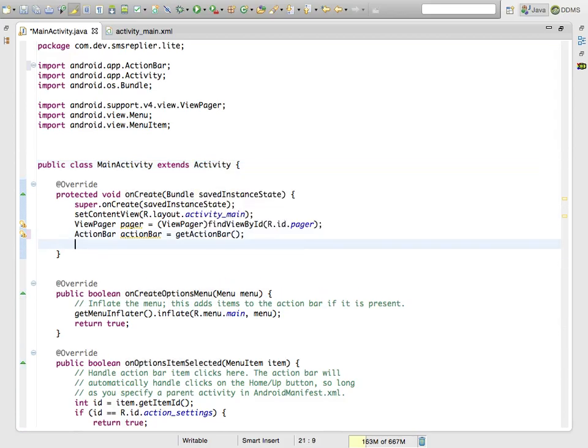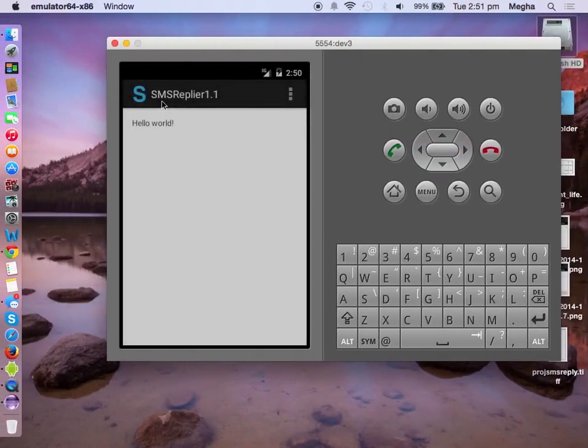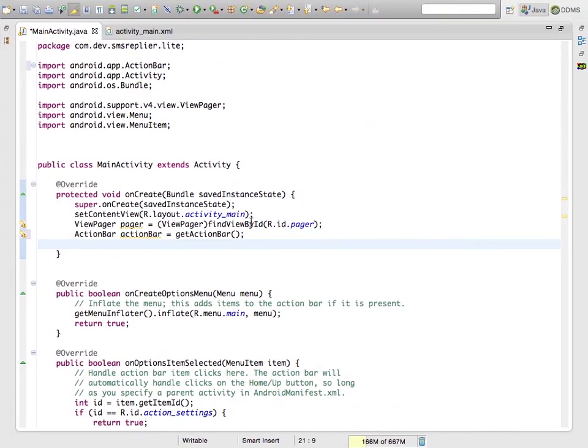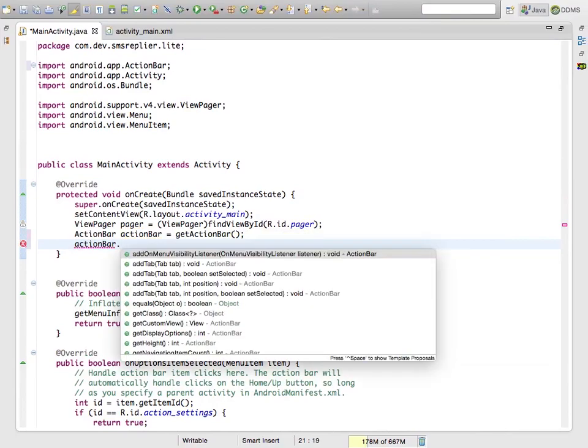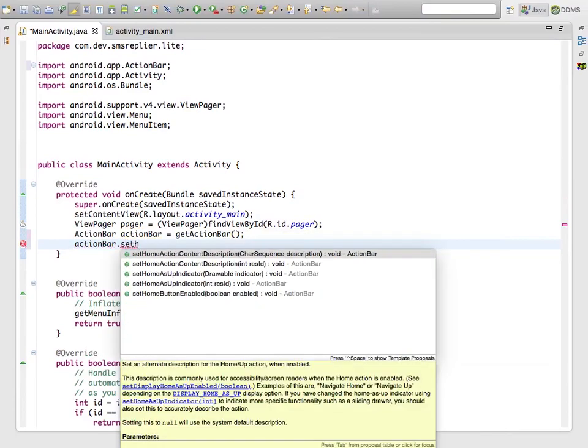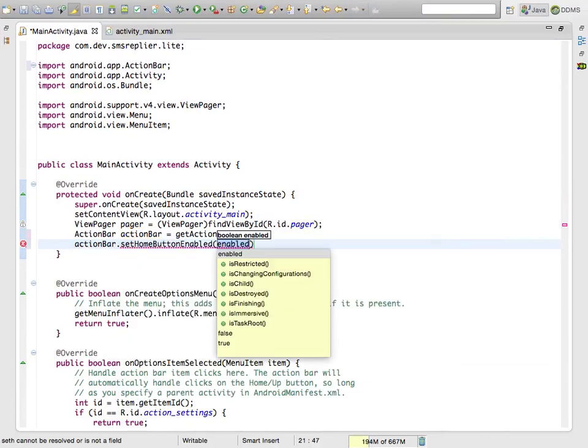So the action bar, let me see, it's already there. A title is already present for you. This particular part of the action bar is considered the home, where your logo and application name are displayed. Depending on the theme, it may vary. I can treat it as a button as well. So setHomeButtonEnabled. If you set it to true,